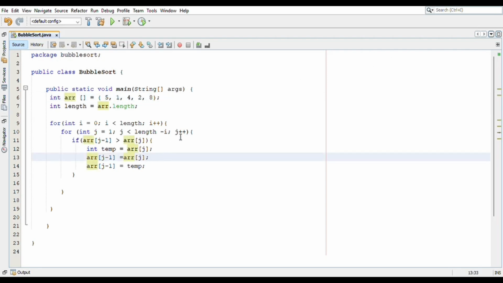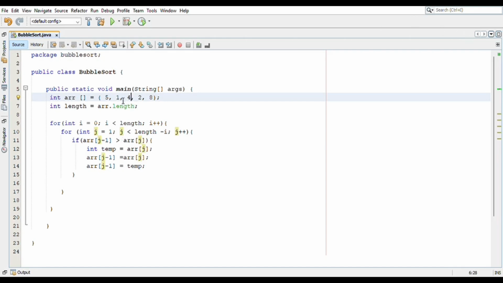Next time, again, the j++ will make the value of j 2 now, and then what we'll do is compare array of j minus 1, which is 5 right now after swapping in the previous iteration, with array of j, which is 4 right now, and again it will be swapped.